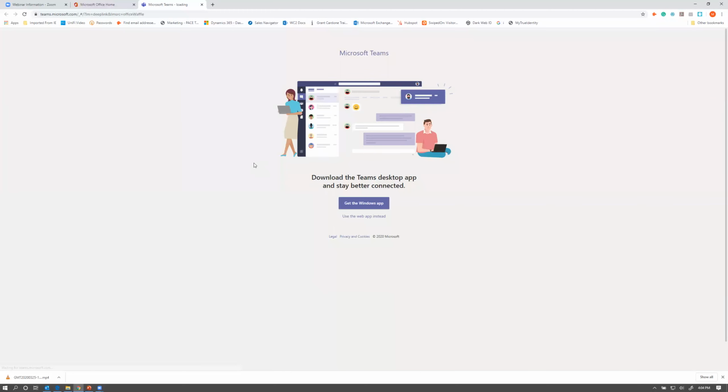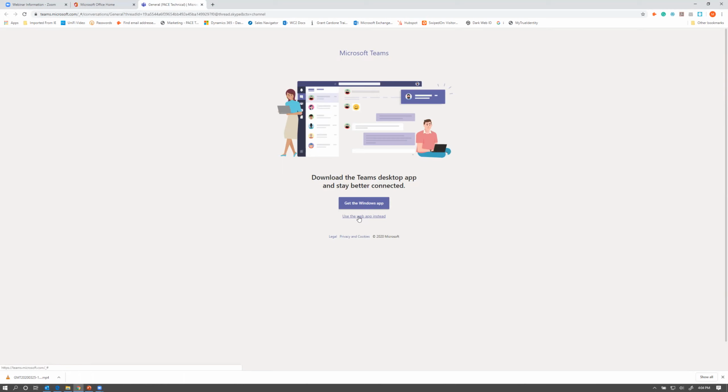And once this finishes logging in, the first thing it says is, hey, why don't you go ahead and download the Teams app? I already have the Teams app downloaded, and I prefer using the desktop app as well. I'm going to show you what that looks like soon anyways.